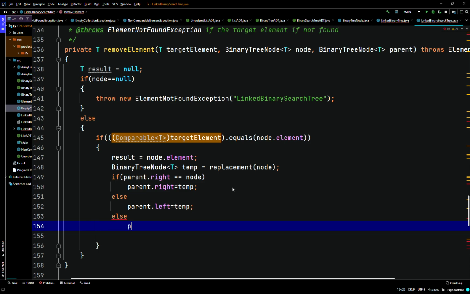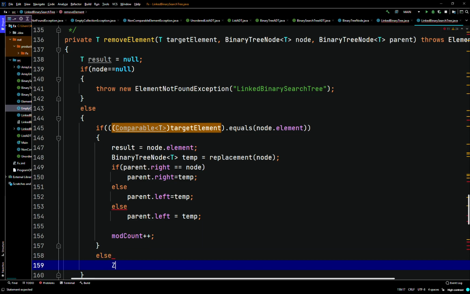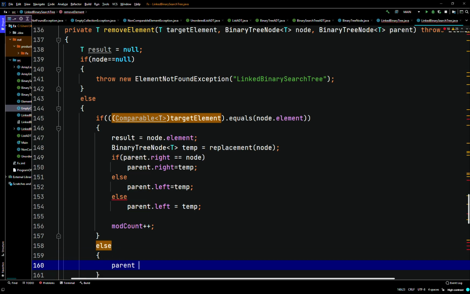So here we'll say parent dot left here. So else parent dot left points to temp. Then here we'll say modCount plus plus. So if the target element does not equal the node dot element that we passed in above, so it's not that first subtree, maybe it's a few levels down, which will probably be the case, unless we're just testing. But we'll say okay, else parent points to node